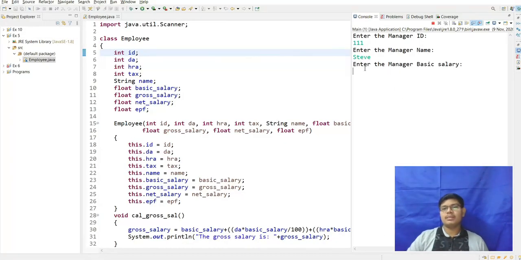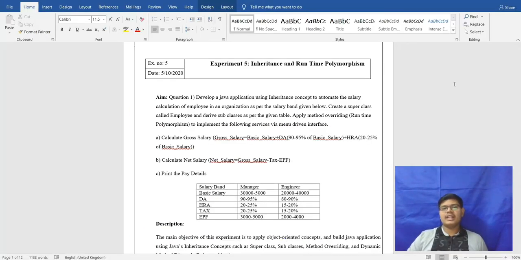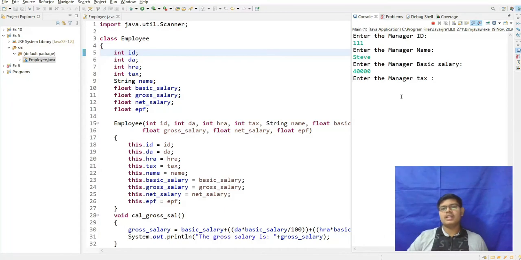We have to insert between that. Now I'm entering 40,000. Afterwards, it is asking us to enter manager tax. So manager tax, it is showing 20 to 25%. I am entering 23.